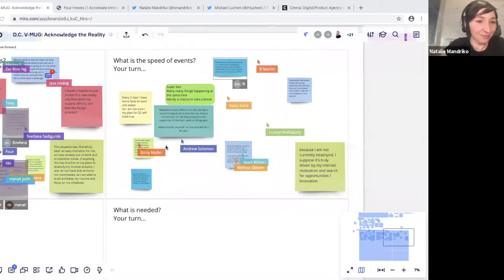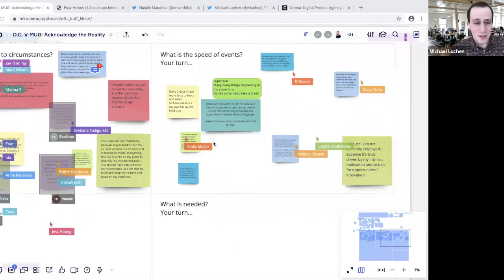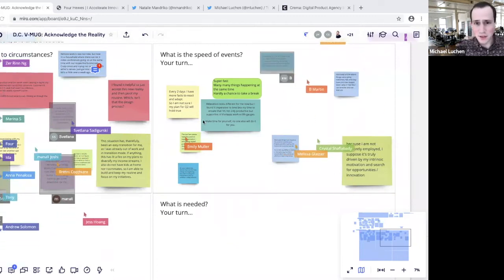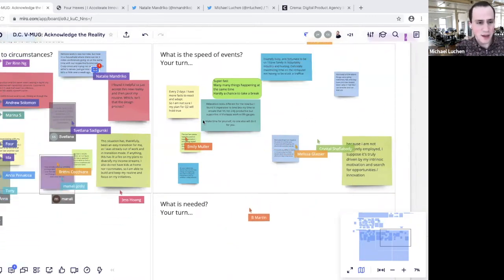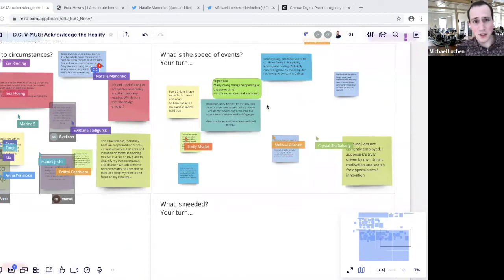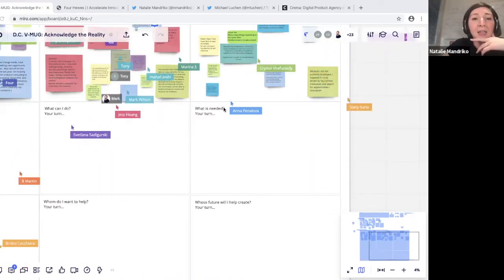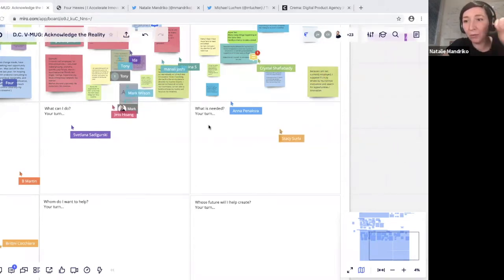Great. Yeah, and I think just to add, after this exercise there's just a lot of really good stuff coming out. And I think maybe for the last 15 minutes of tonight, we can just open up audio for everybody, to have a discussion and reflection on learnings. So Michael, Sana has asked if she can see the whole board. Can you show us how we can zoom in and zoom out?